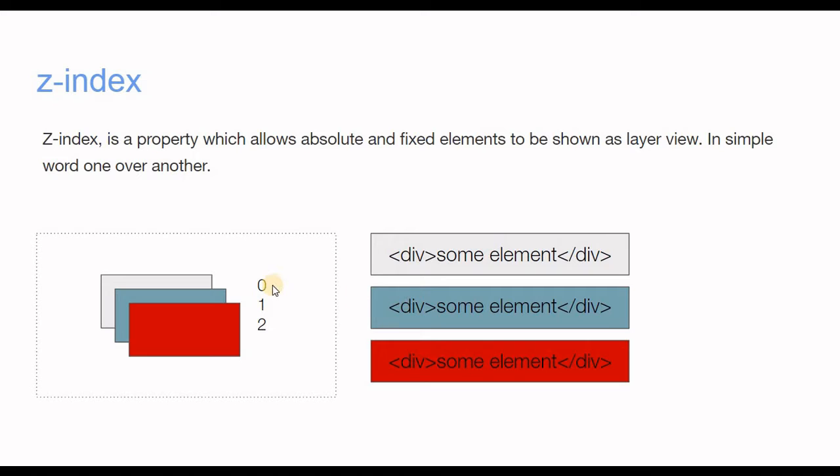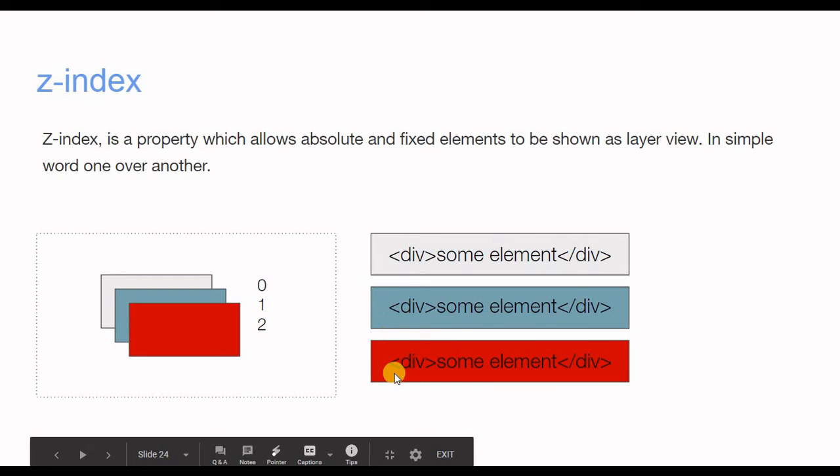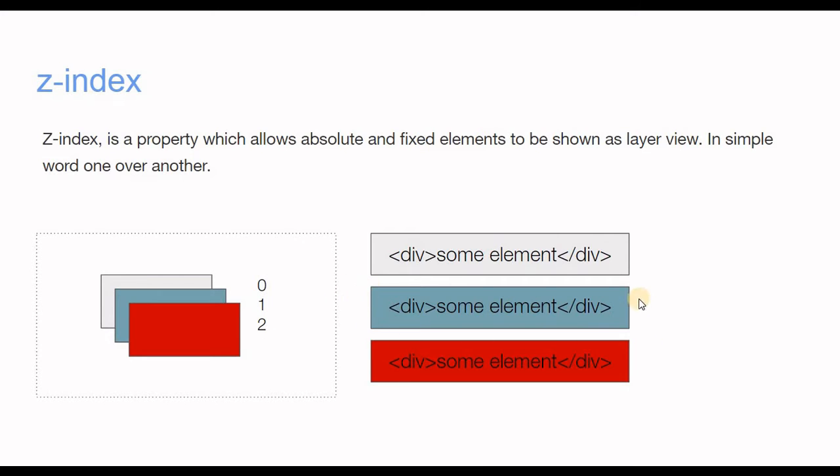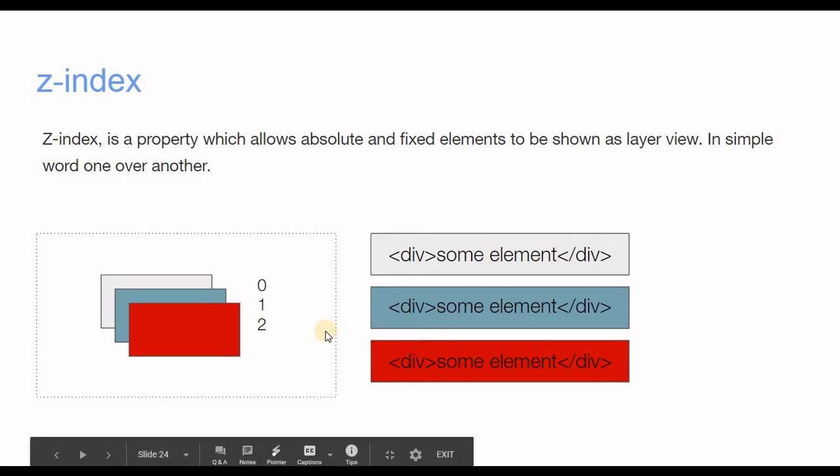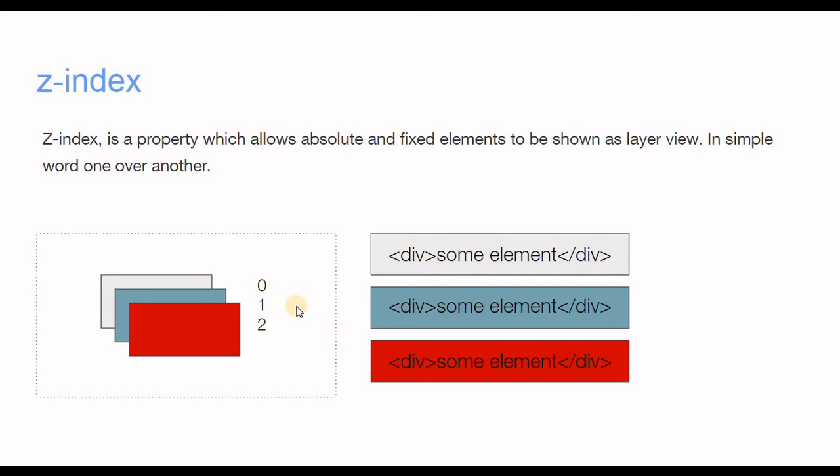Now the next thing is, if we provide a Z index of 0, 1, 2, it will not have any effect because these elements are positioned correctly. But now we want this green element to be on top. For that, we will increase the Z index of the green element, and the red element's Z index will be decreased.